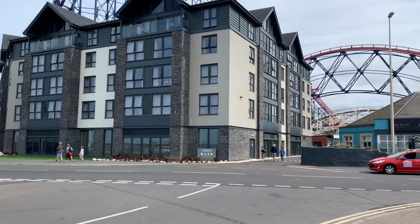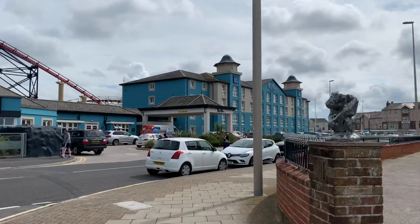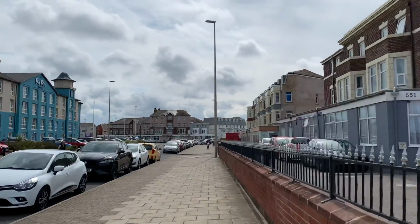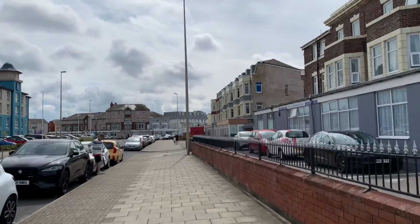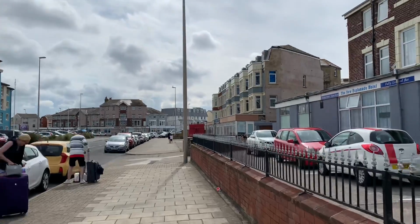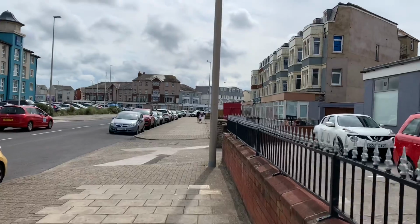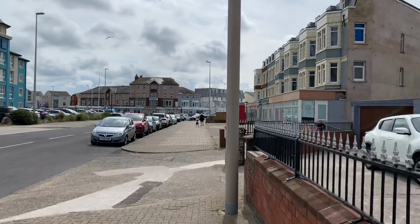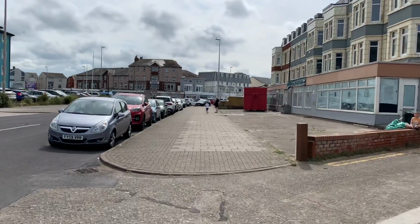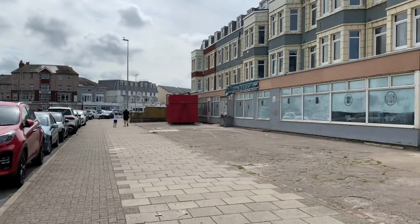There's a gap for the attractions and shops and things, but if you carry on round this corner, all these streets round the back have got loads of hotels on them, and there are some really nice ones as well. So we'll take a little portal down here and we'll have a look at some more places to stay in Blackpool, because I think it's useful to be able to get your bearings. Of course, you can always look round a place on Google Maps as well. So if you get the little yellow man and put him on the map,